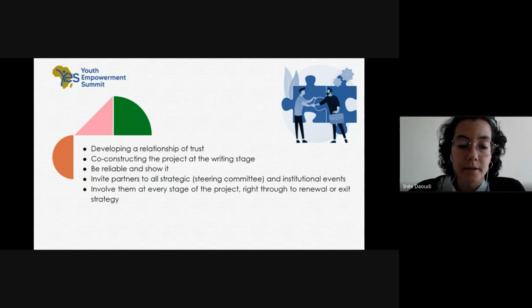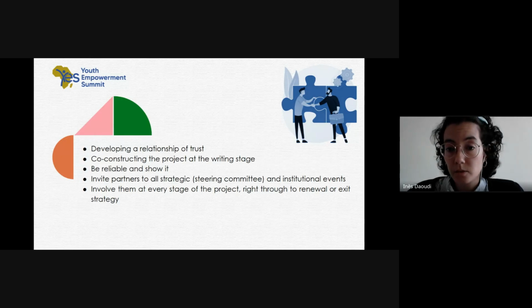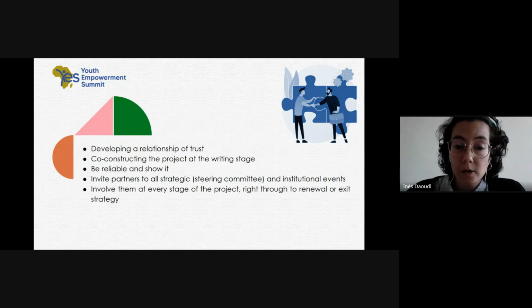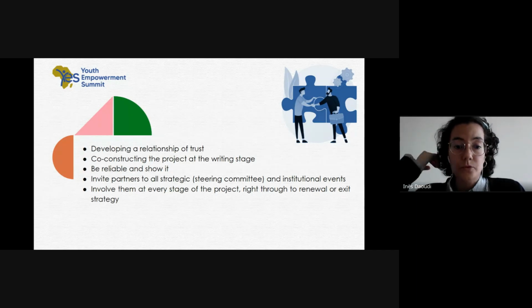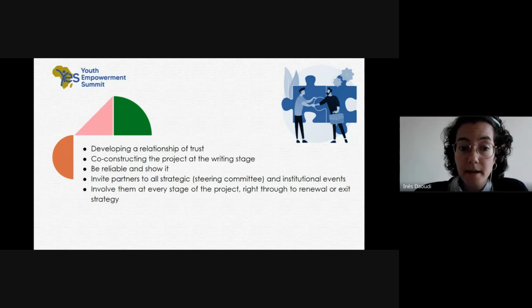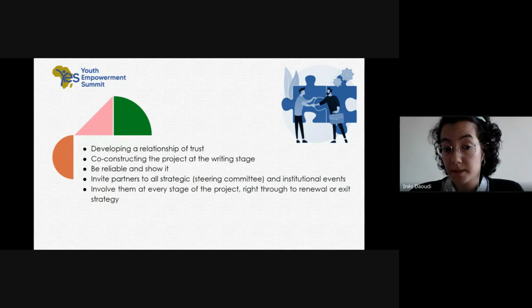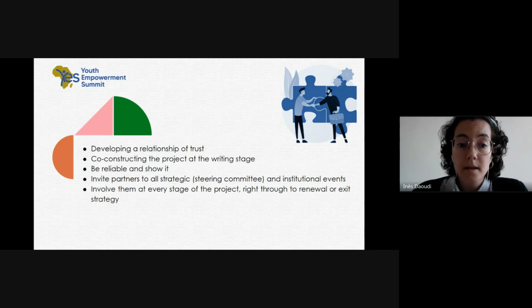Also, later on in the relationship, in the implementation of the project, you can involve the donor in key events and project management. They really like to see how the project is going on. They really like to participate, I don't know, it could be training workshops, conferences or closing ceremonies. It is important to ask for their feedback on the project implementation, also for the capitalization, to see what aspects could be improved or adapted.